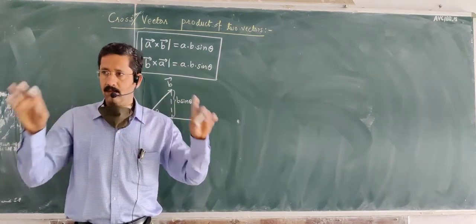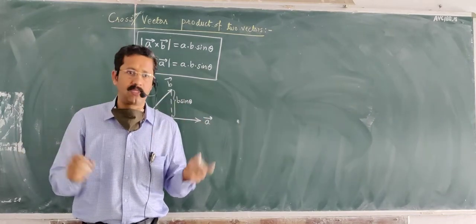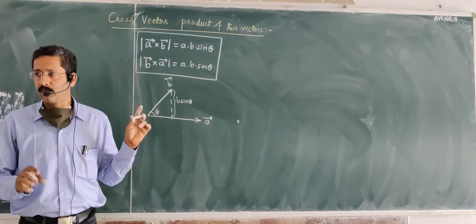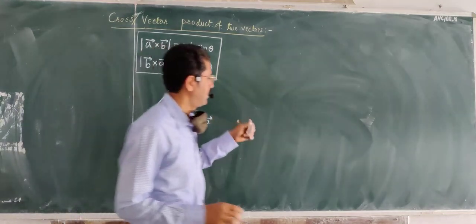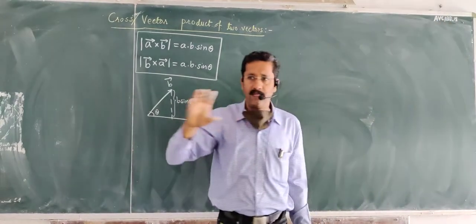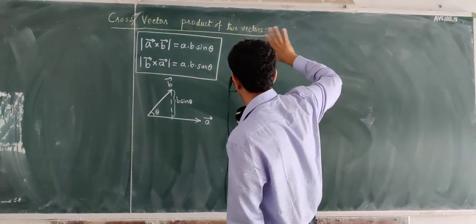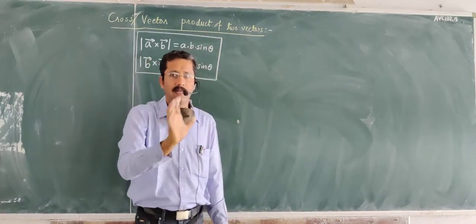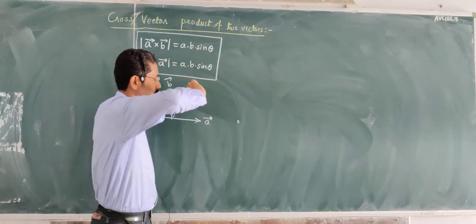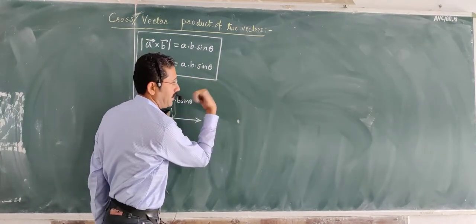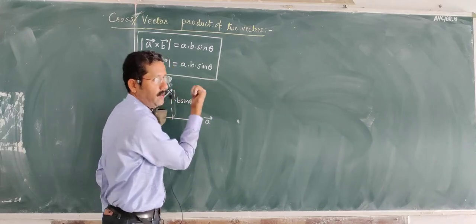Most of the screws which we use in daily life are all right handed screws. Supposing here we have some kind of screw. How do I make it go inside? I have to move it like this. It's this kind of a screw. A right handed screw is one where, if you try to move that screw like this, clockwise, it will go inside. If you rotate it in this fashion, anti-clockwise, it will come out.